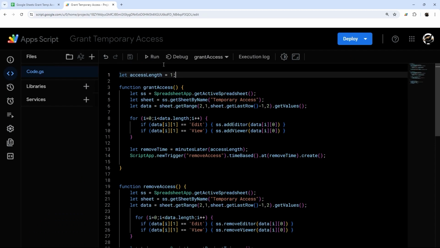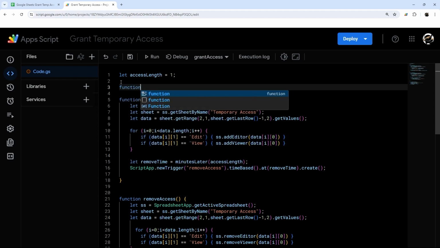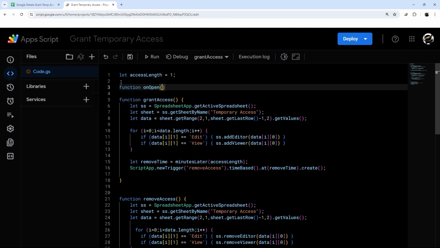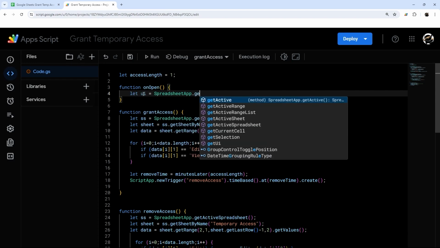And so while we're waiting, let's go ahead and add our menu. So we're going to add a new function called onOpen, and this is a Google function that will automatically run every time you open the spreadsheet. So in this, we're going to access the UI so we can add a menu. And so we'll do this using let ui = SpreadsheetApp.getUi(),